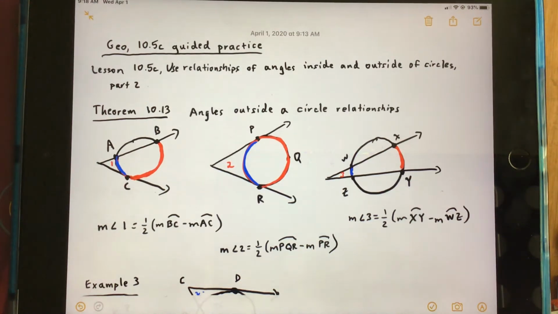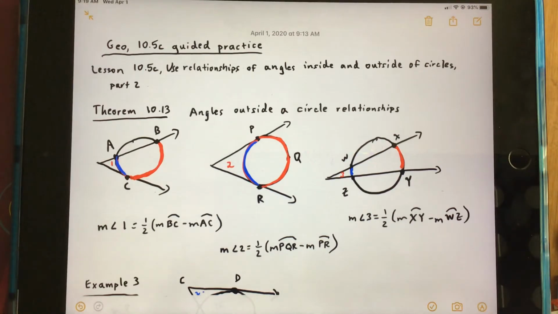Good morning, geometry class. We're going to take a look at 10.5C, our guided practice problems, where we're using relationships of angles inside and outside of circles, part 2. So we're going to take a look first at the one theorem that we're going to be focusing on today, and that's theorem 10.13, where we're looking at angles outside a circle and their relationships with the arcs that they